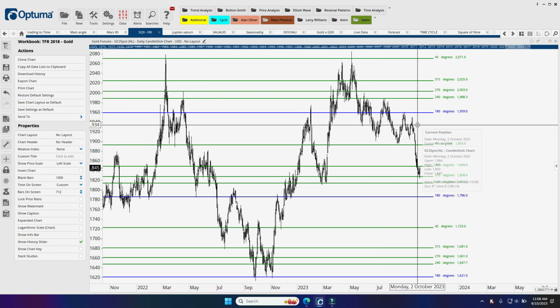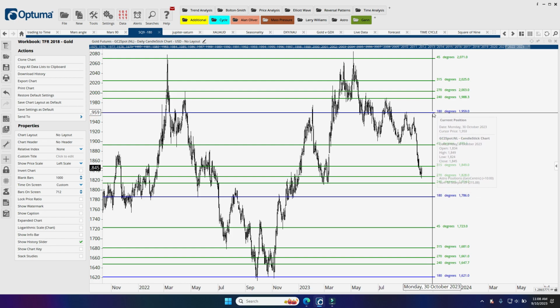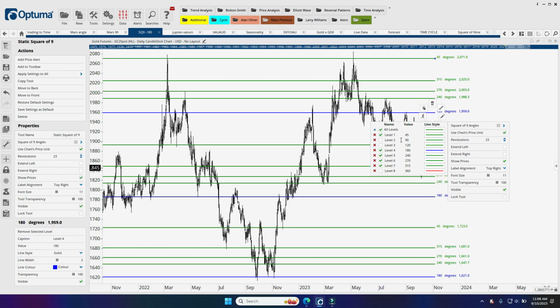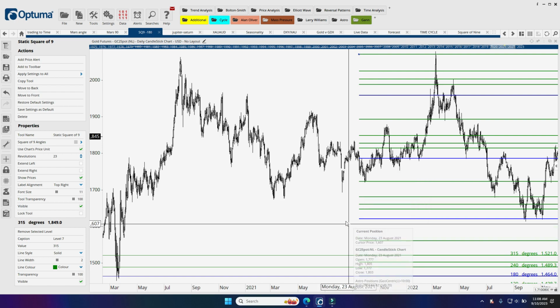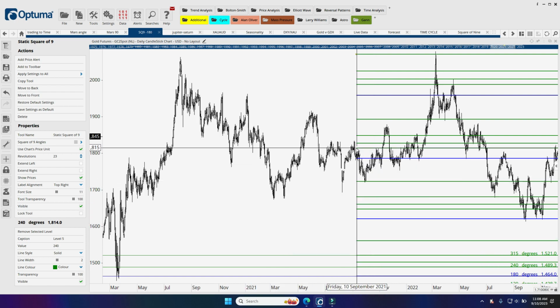So if I just head over now and take a look at this, there's two things that I look at. First of all, I put on all the square of 9 levels, so I'll activate them all. And then I'll deactivate the ones that haven't had much luck in the past. So what I would do here, if I was to show this to you,